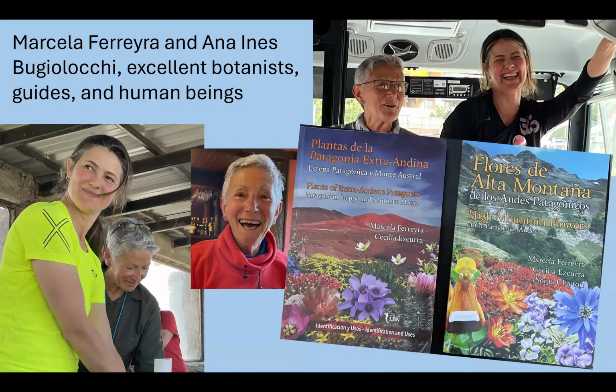And then we wanted to just introduce our guides. The older woman is Marcela Ferreira, and she's one of the foremost botanists of Argentina. She specializes in alpine plants, really, and she wrote these 2 books. And then the younger woman is Anna, and she is a naturalist and a teacher, really knew her plants as well. And the way that Marcela divided up her books, we're going to divide our talk up tonight. We're going to talk about alpine plants first, and then steppe plants. And we also have